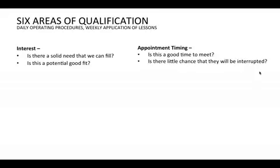Appointment timing. Is this an actual good time to meet? So if you had scheduled the appointment with that restaurant owner from the earlier example, did you schedule it during their dinner rush, or maybe did you pick a low time in their day, like perhaps 3 o'clock p.m., right? Is there little chance that they would be interrupted? Do they have specific times during the week or the day that they actually dedicate to doing admin or paperwork or appointments like these? Find that kind of stuff out so that the appointment has the highest chance of success